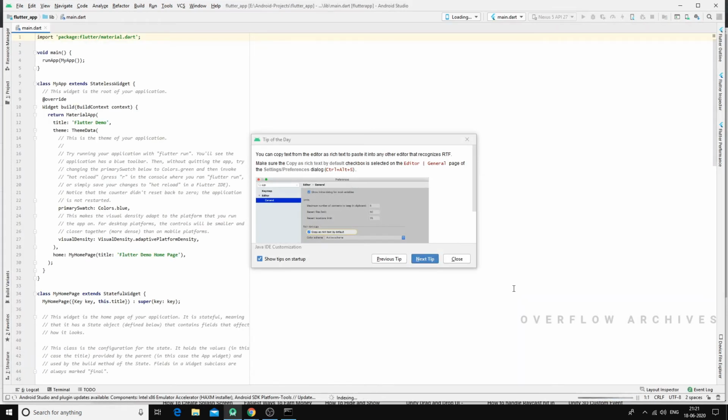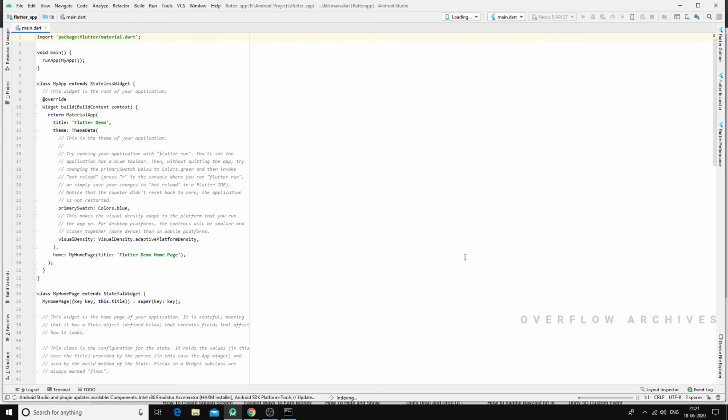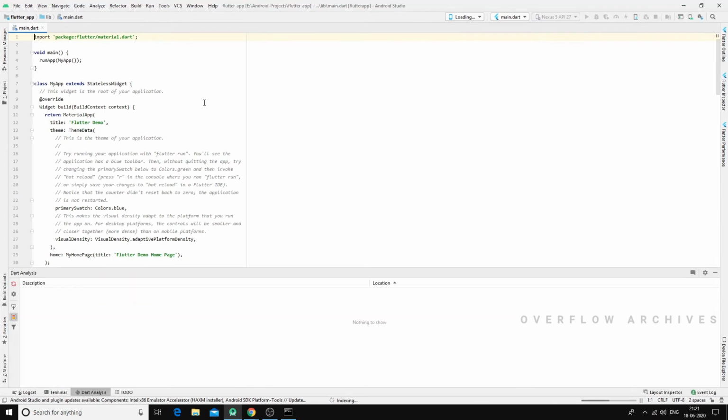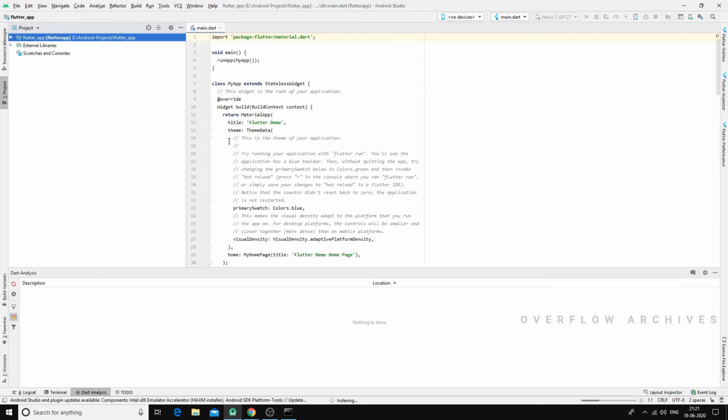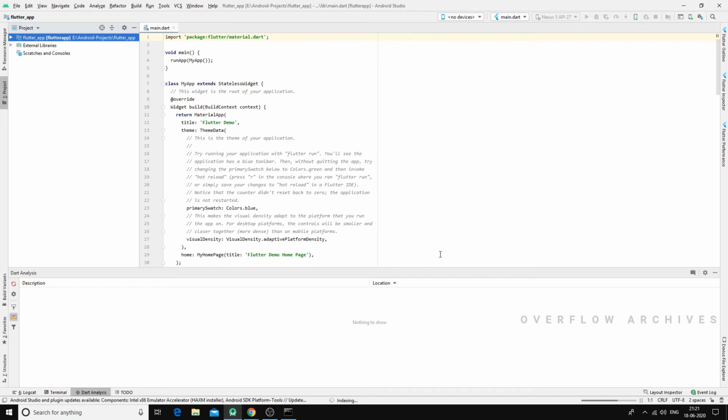The project window is opened, and it's syncing the project files. Since the virtual devices are not supported, we need to connect a real device with Android Studio. Once the project syncing is completed, run the application on the real device.